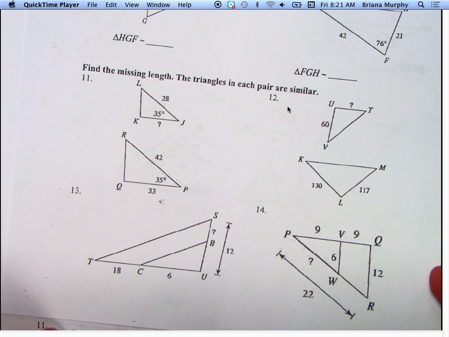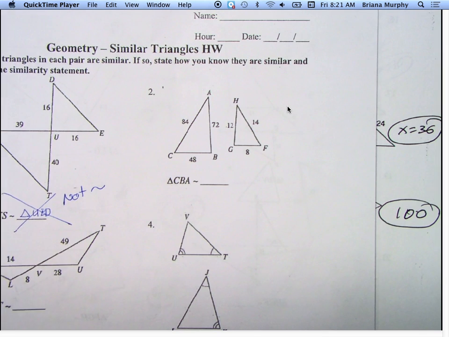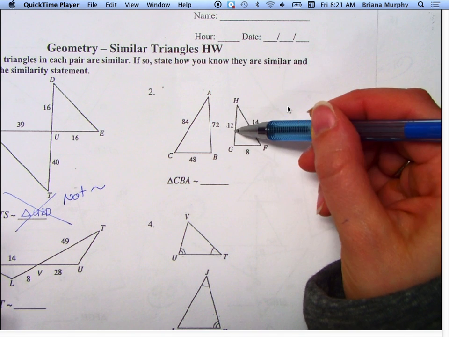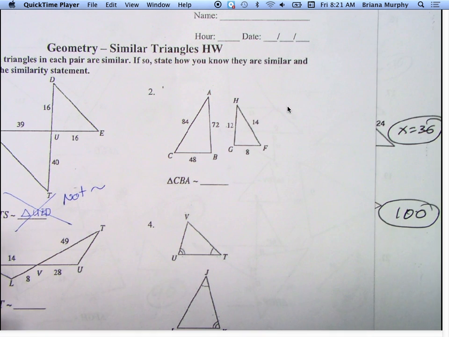Yes, get up. For number 2, there's 3 numbers. You can see if they're all proportional to each other. All of them? Yep. There's only 3. So like 84 over 14, does that equal 72 over 12? Does that equal 48 over 8? It's only 3. Okay. You have the rest of the hour to work on